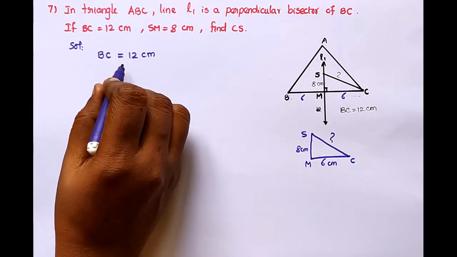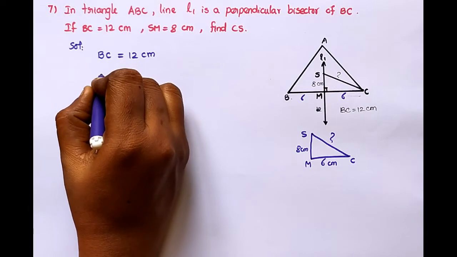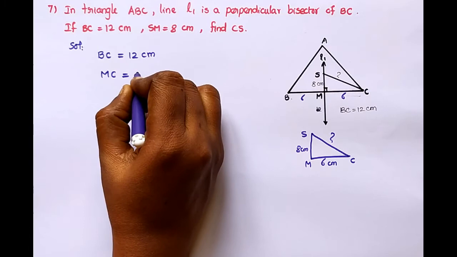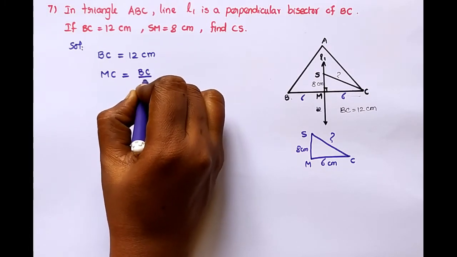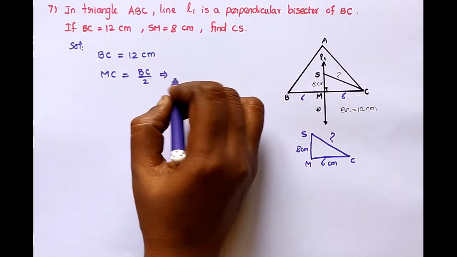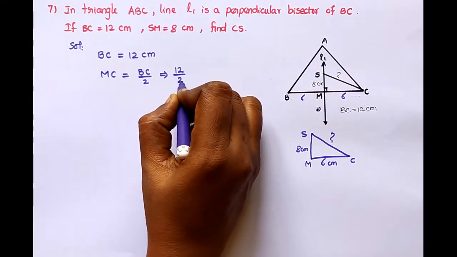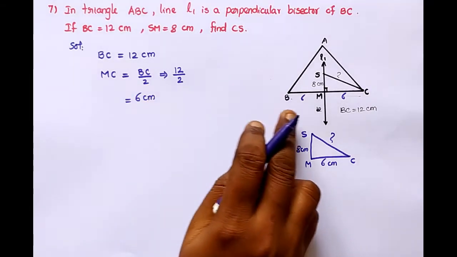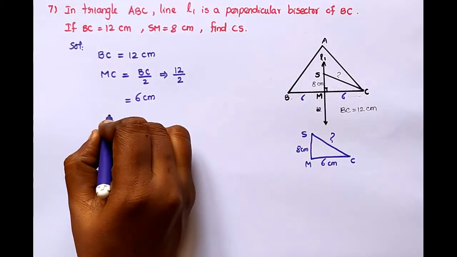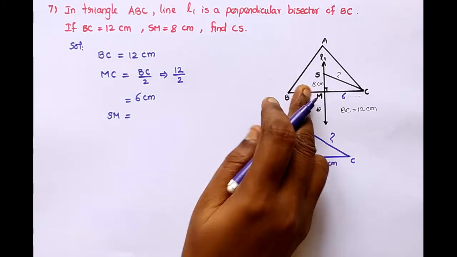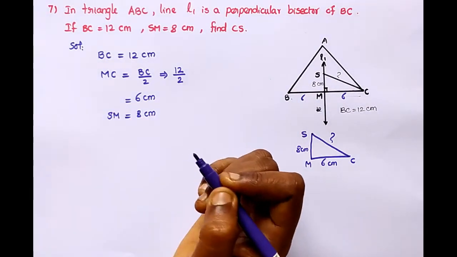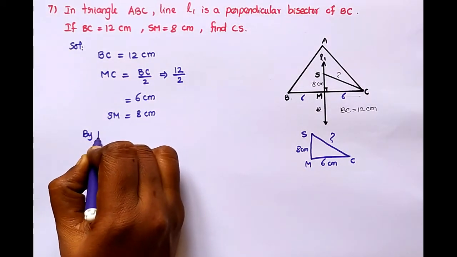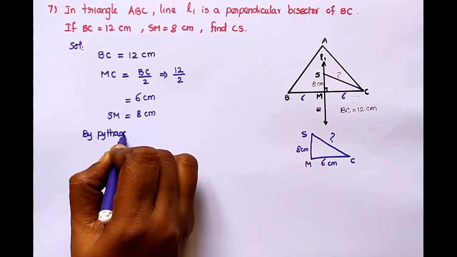So BC equal to 12 centimeter means MC equal to BC by 2, that is equal to 12 by 2, MC equal to 6 centimeter, and also given SM equal to 8 centimeter. Now CS, so by Pythagoras theorem,